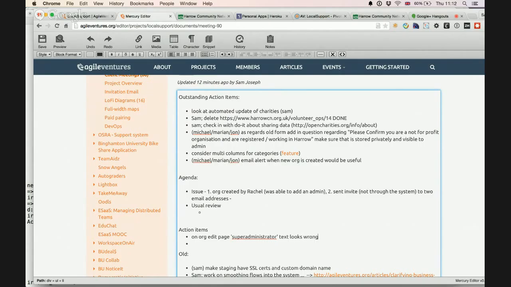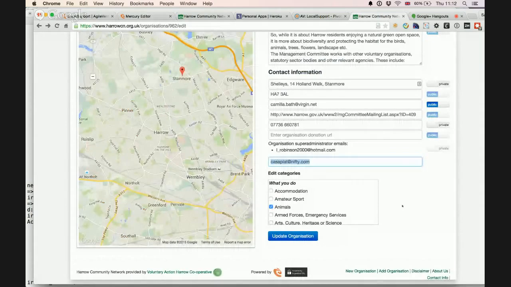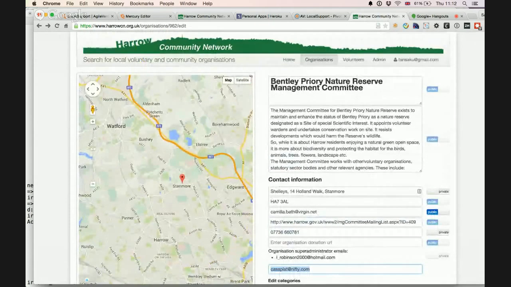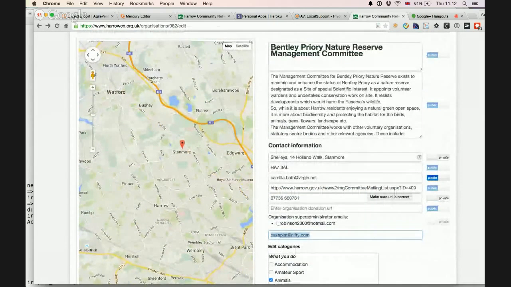So you were able to add an admin, which is slightly odd. I guess this was like a brand new organization. Yeah, I did it through a new organization, so I did it all in one go.